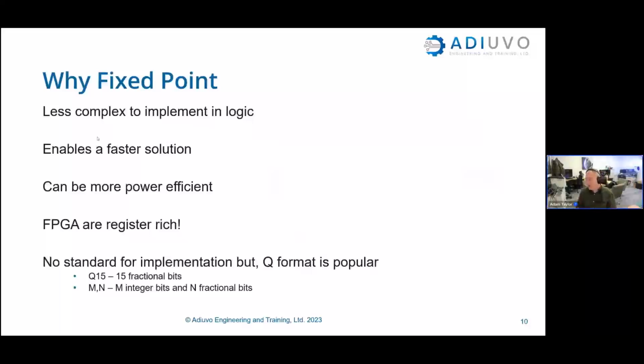So fixed point is my preference. It's how we tend to implement things, although you'll see in a moment as we get to some examples, there are cases where we've used floating point. But fixed point is less complex to implement in the logic. It makes it easier to implement in the logic. There's less routing, there are fewer connections. It provides us with a much faster solution,